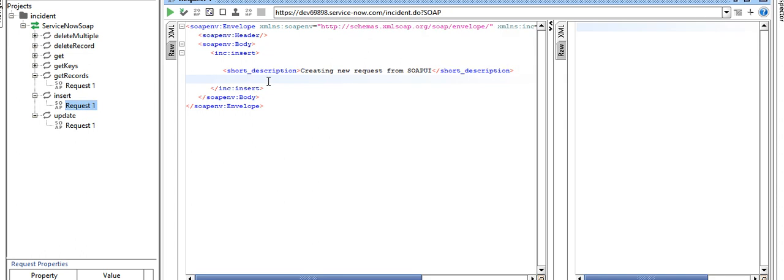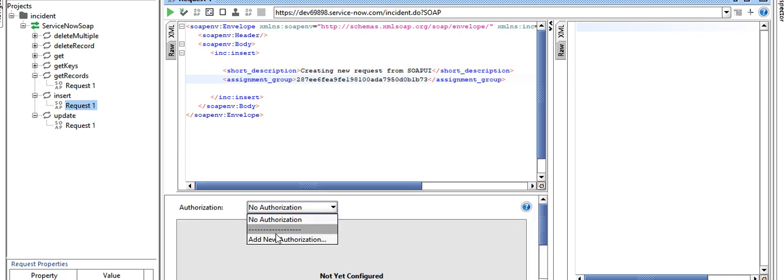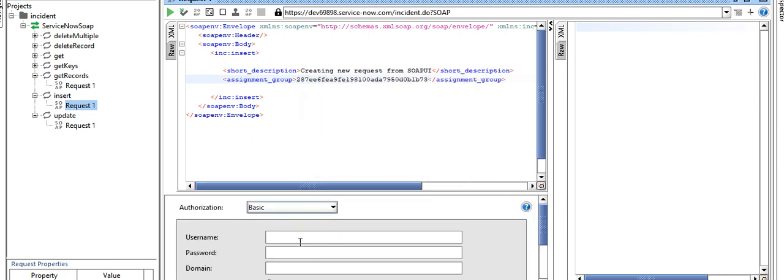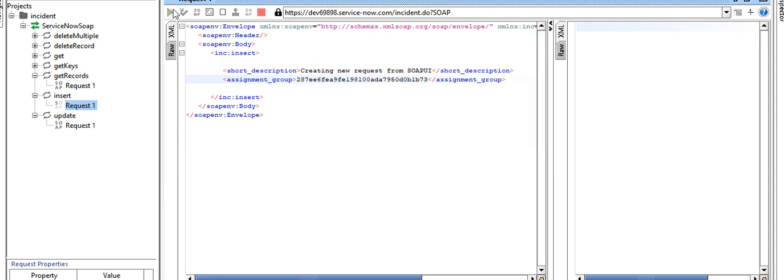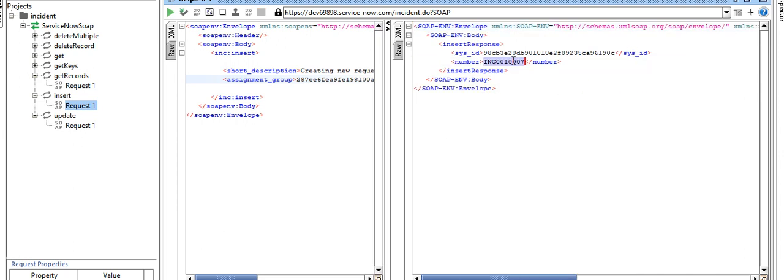We can just pass the same here while creating a new ticket, so that the new ticket will also be assigned to the database group. Adding authorization. On click of submit, a new incident will be created in seconds.